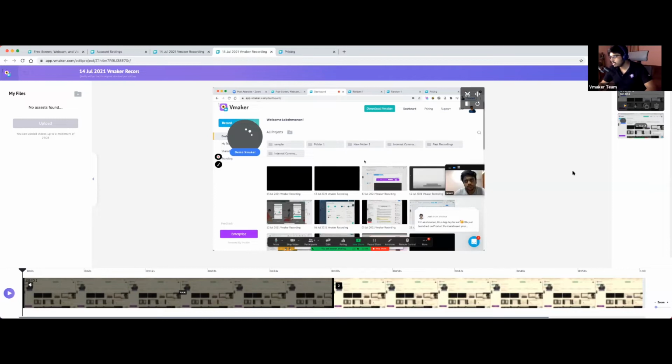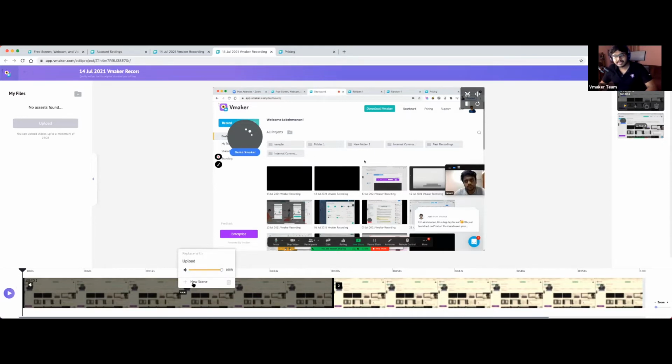And if you don't want it, you can just click here, and then you can delete it as well. So you have the delete option here, and you can just click and delete it. Apart from that, the regular features such as adjusting the volume, for example, you can click here and adjust the volume of the video in which you have recorded. You can also do it here as well, or you can just simply mute it. You have the option to do that.